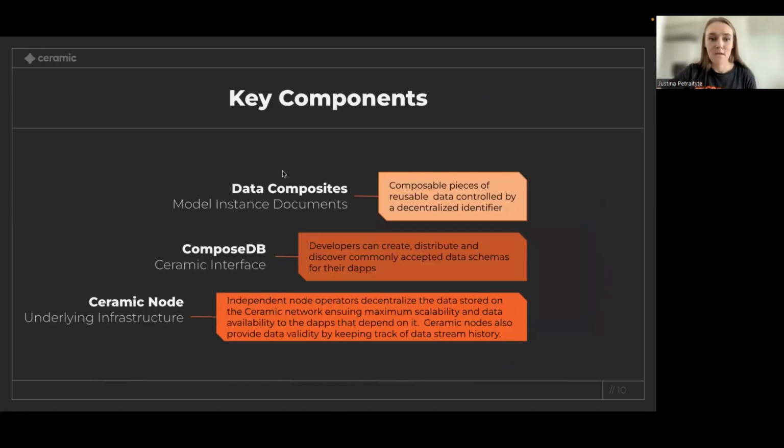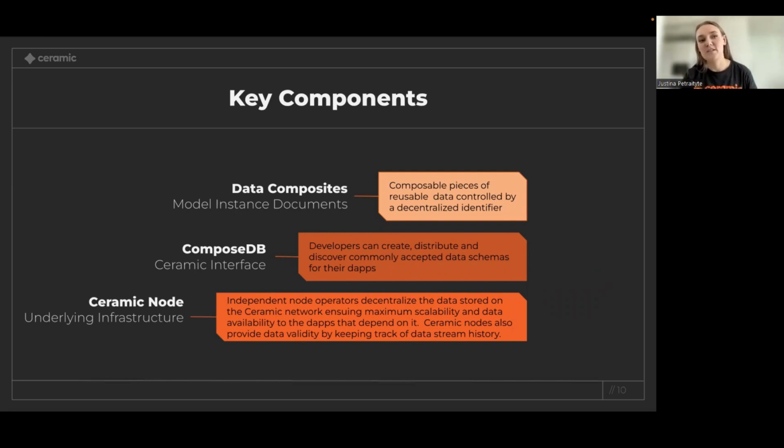Now, speaking about Ceramic and ComposeDB, just a quick overview of how all of the pieces work together. There are three main components. At the very bottom, we have Ceramic nodes. Again, Ceramic is a decentralized network, so we encourage developers to run their own nodes when they build applications on Ceramic. This is to make it easier to scale the network.